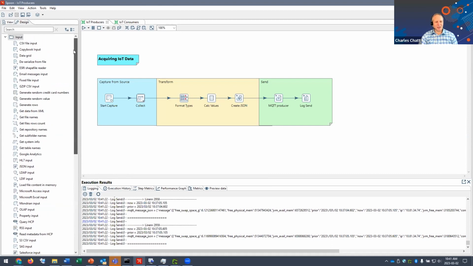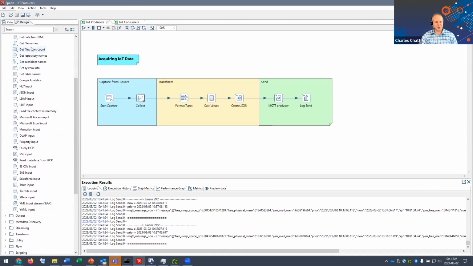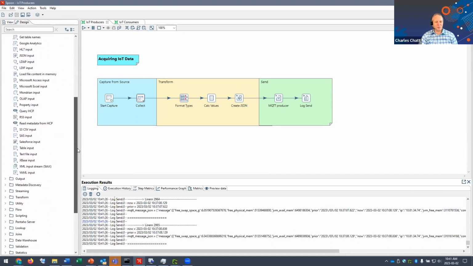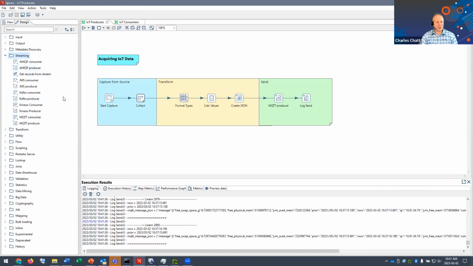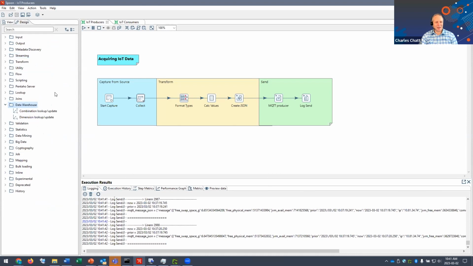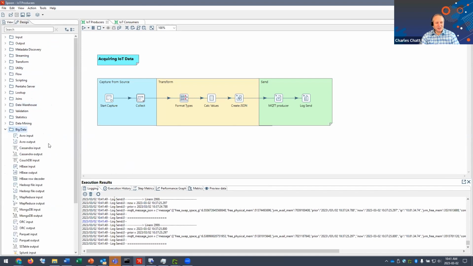In this tool on the left, and I won't speak about it too much, there are well over 200 different connectors and steps that ship within our product today that allow you to connect to anything from streaming providers, to both consume and produce them, to databases, data warehouse steps, big data. It runs the gamut here, okay?